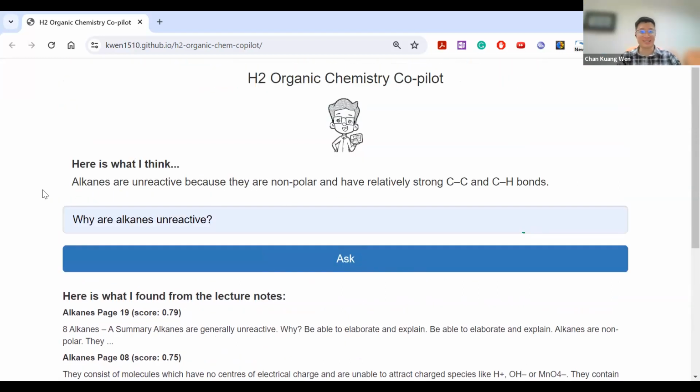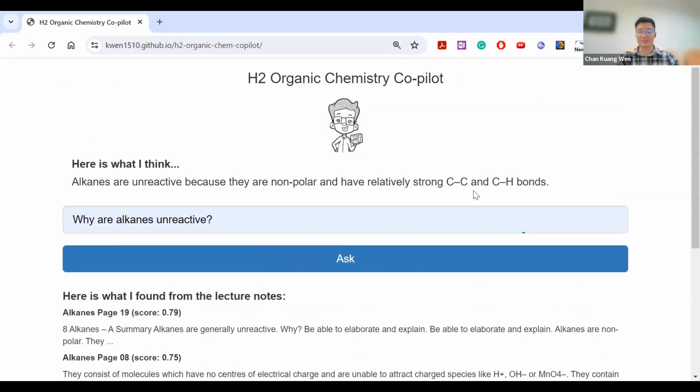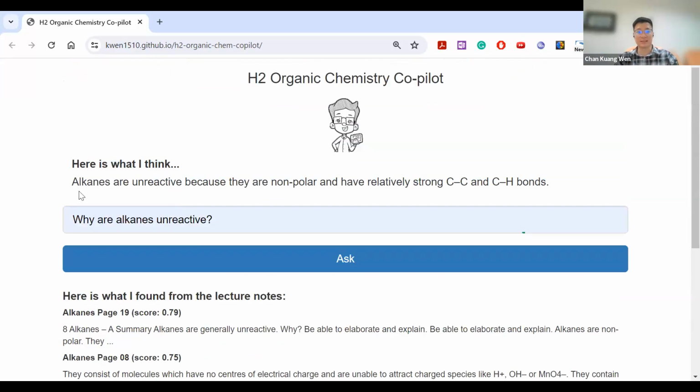Oh, good question. This is actually the one on top. Here is what I think. I use the Palm API because it's free at this point in time. So this is when I say here is what I think. If I ask a terrible question, let's say the things that have been returned have a cosine similarity score lower than, let's say, 0.6, the answer here will just be I don't know, because the retrieval part gives a score, and using that score, I filter to see whether I found any relevant documents to make sure that it doesn't hallucinate that much.